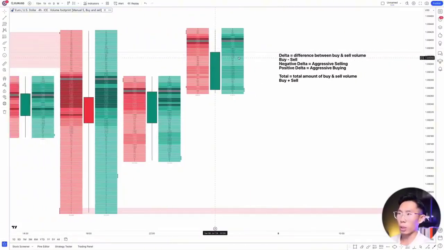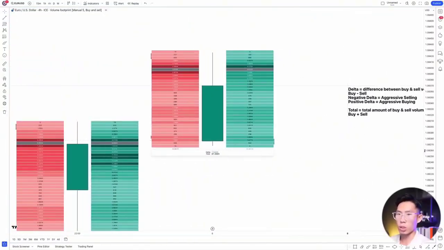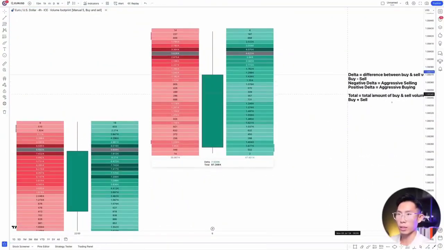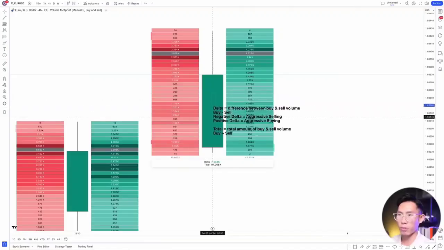So let's dive deep into how to actually read these footprint charts. I'm just going to zoom into one candlestick like this. Over here we have the candlestick, and on the right hand side we have the buying volume, the buy orders, and on the left hand side we have the sell orders, the selling volume. So this is basically your bid and ask. When you look at this, you can see there's a lot going on here, but like I said, I'm just going to simplify